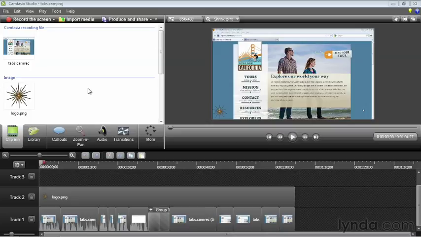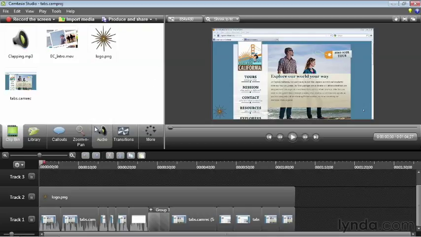And the first thing to look at is if you move your mouse inside of the clip bin area and simply right-click, you can see that one of the options that's generally selected by default is Show in Groups. Now, if yours isn't already selected, then you're going to have the other view that we're going to be going to. But for right now, I'm going to deselect Show in Groups. And now, instead of having all those nice groups set up for each different type of media, now all of our files for our clip bin are all in one view. This makes it a little bit easier to find all of our files if we only have a few files in our clip bin and we don't need to worry about them being separated out into different groups.